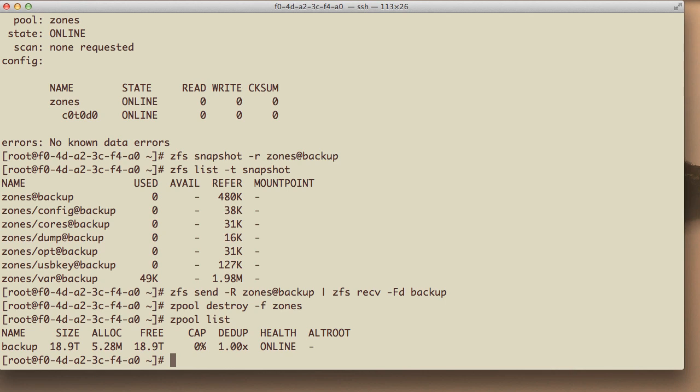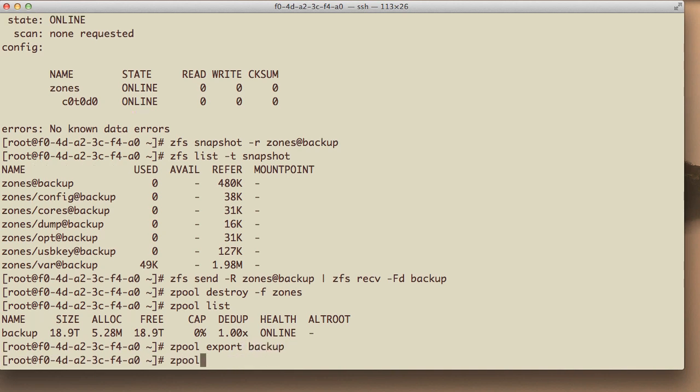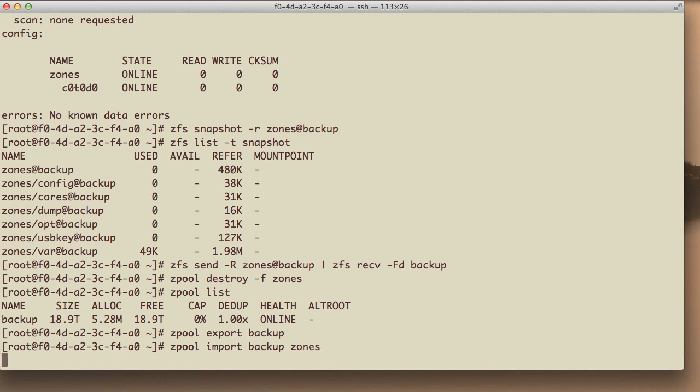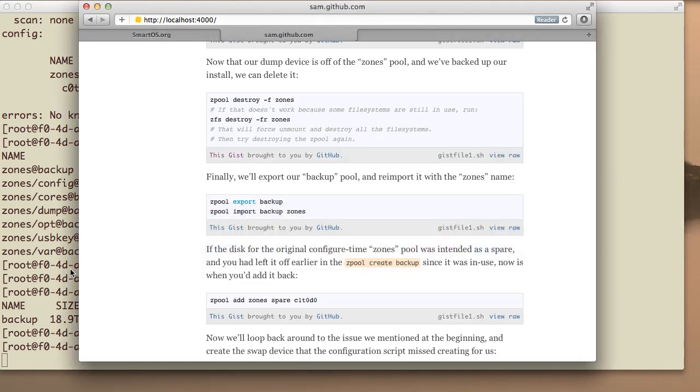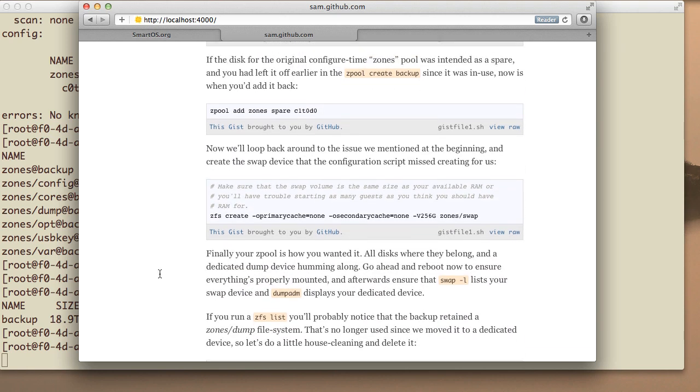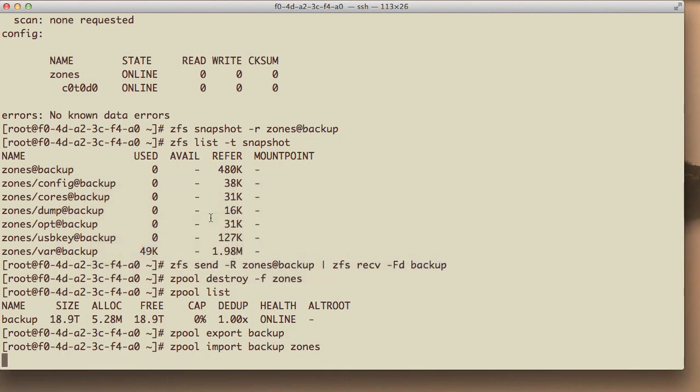So now I can zpool export my backup pool and zpool import my backup pool, and if I pass it another name, it'll call it that instead of backup. So this is a way to rename a pool, and I'm going to rename it to zones. And here's an example of how to add a spare if you had picked a spare drive because you didn't have a drive you intended to go unused. Here's how you create the swap that goes missing, and